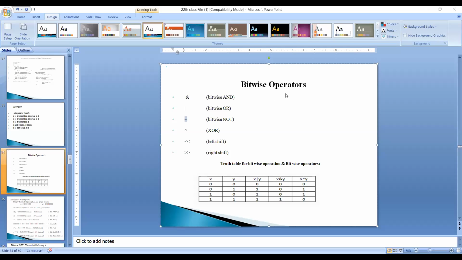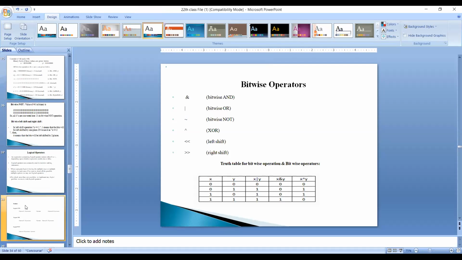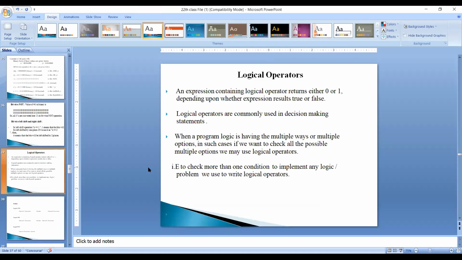Okay. Next, continuation. So I think bitwise operators are completed: bitwise AND, OR, XOR, complement, left shift and right shift. Next one is the logical operators.